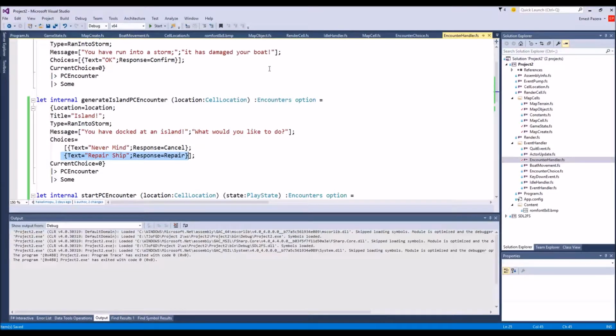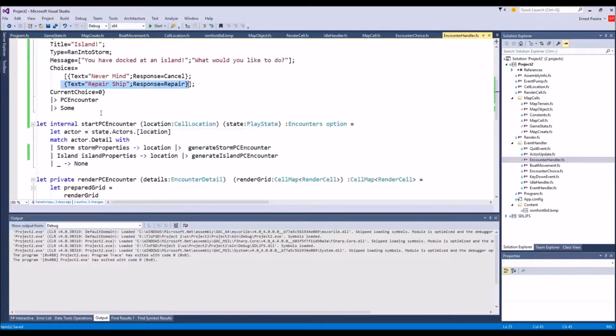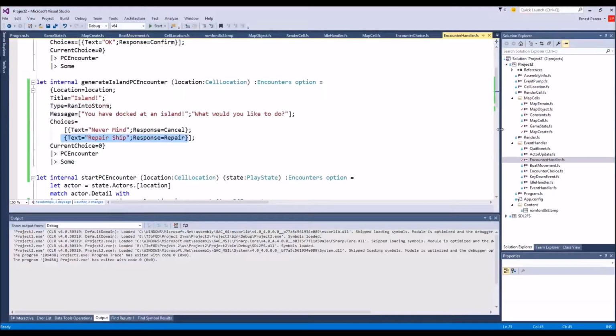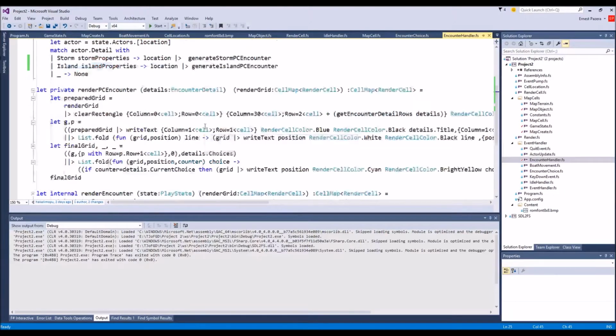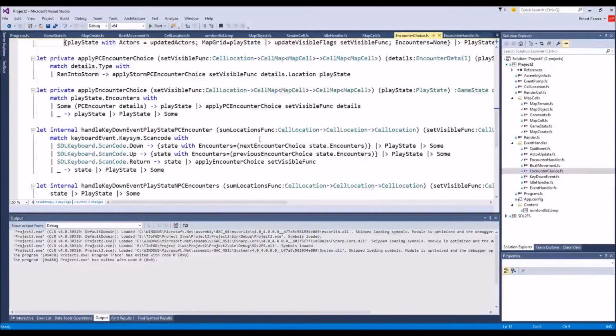Because if it's not damaged, why would you repair it? That doesn't make any sense. So now that generates the encounter, and now I need to enter my encounter choice,